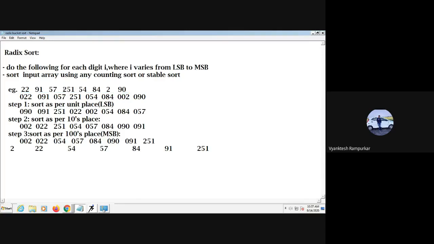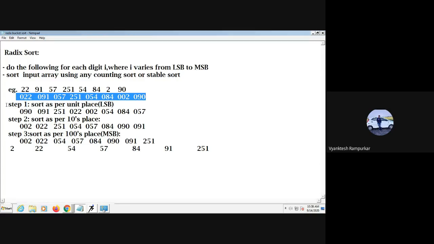The maximum number is 251. It is a 3-digit number, therefore we make every number 3 digits, just like 22 becomes 022, and 91 becomes 091, and so on. Now each and every number is of 3 digits.